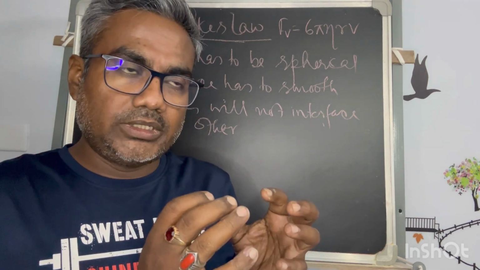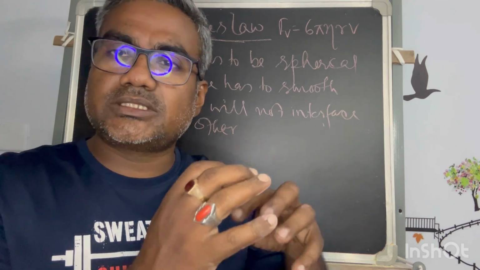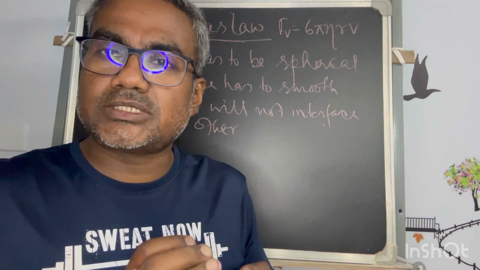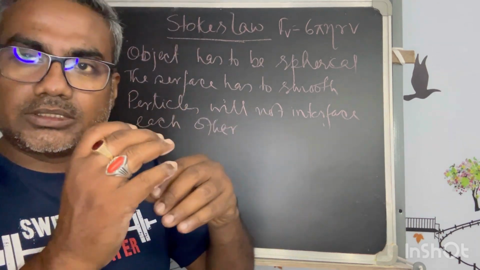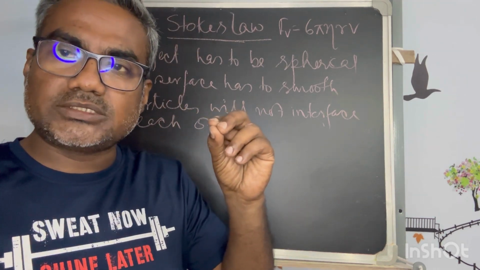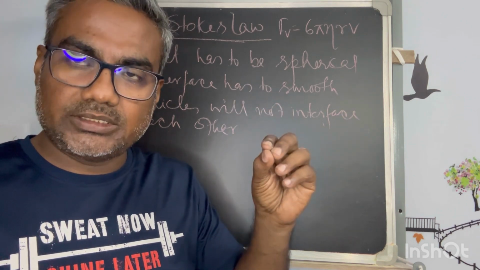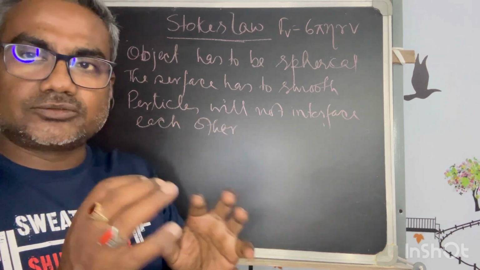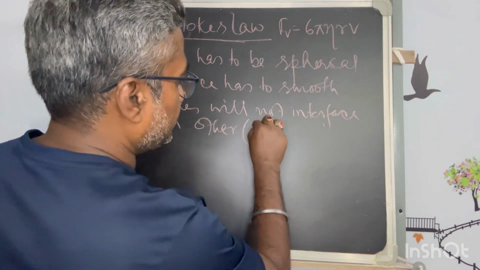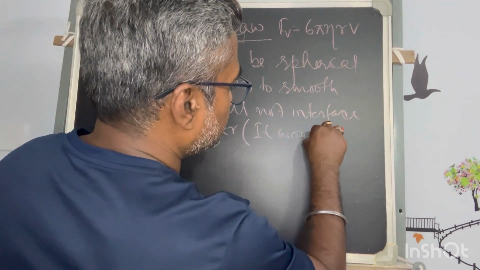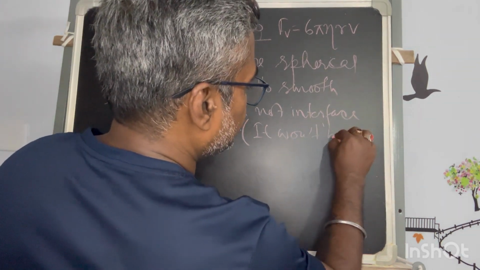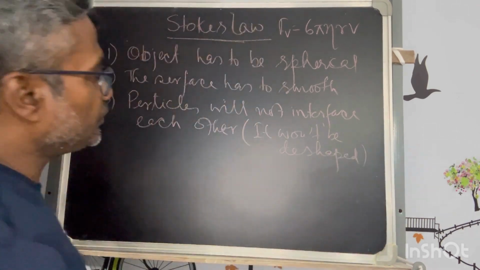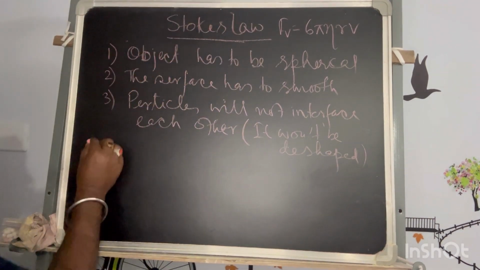So it will increase the temperature at the surface, and due to that may change its molecular structure, and the particles may interfere and cause it to be deshaped. So the assumption is that the particles will not interfere with each other, so that it won't be deshaped. This is the assumption for this formula. Fourth one,